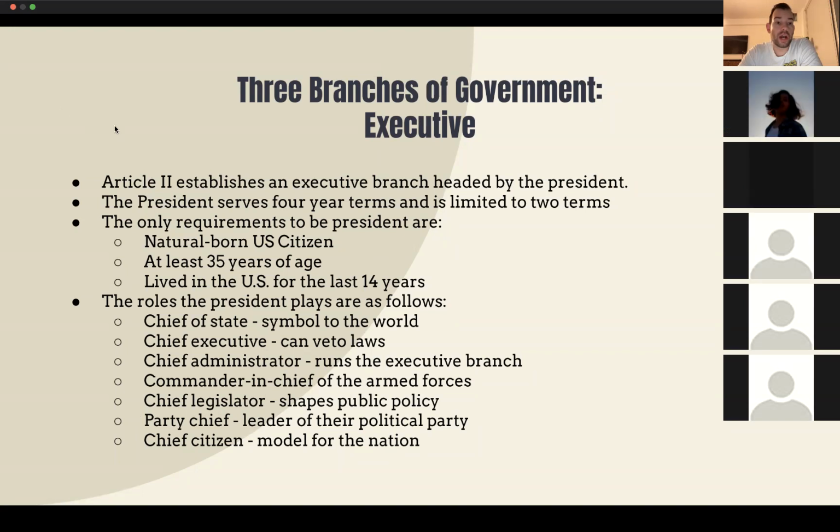It requires articles of impeachment to be filed. So you need to state your case why you want to impeach the president. And then you need 2/3 of the House to vote yes, that they want to impeach the president. If they do, then it goes to the Senate for a trial. The trial is conducted by the Chief Justice of the Supreme Court. And then all the evidence is presented as to why the House members are impeaching the president.